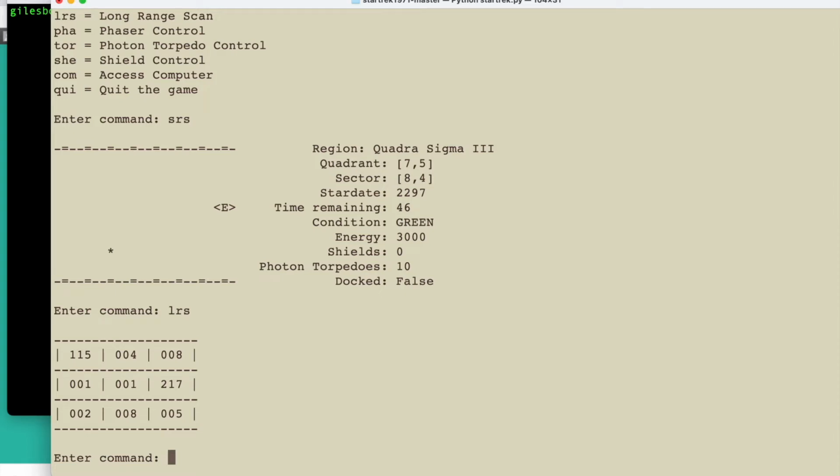And you can see if we move to the right, if we go east, we're probably going to find 2 Klingons, 1 starbase, and 7 stars. So let's do that now. If I type nav to move,